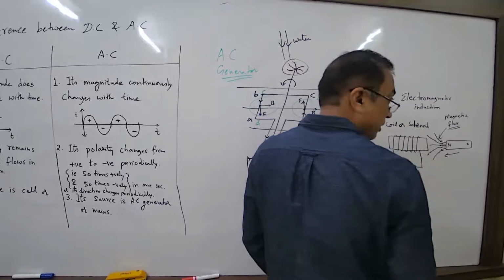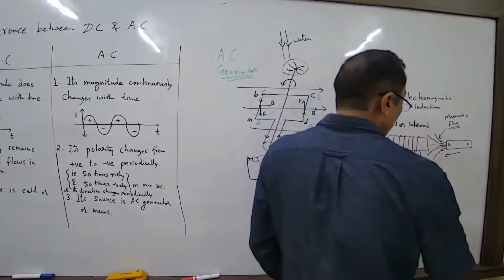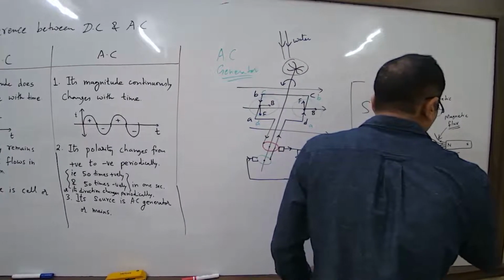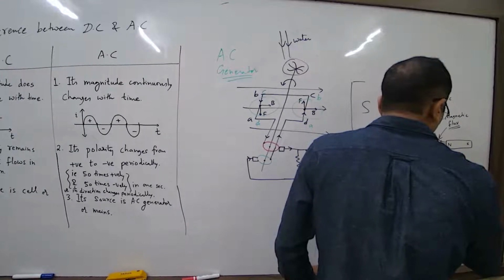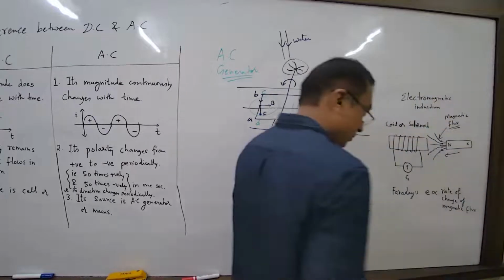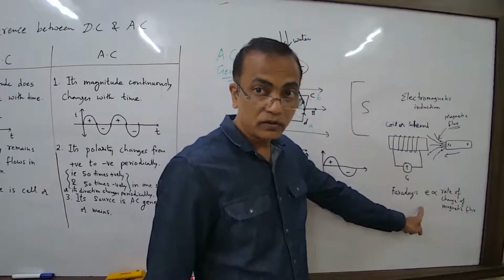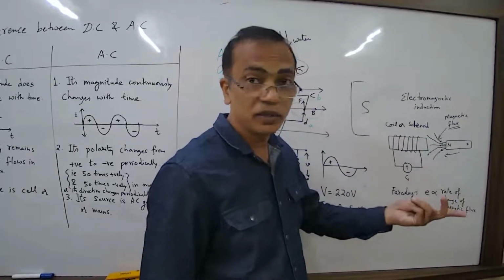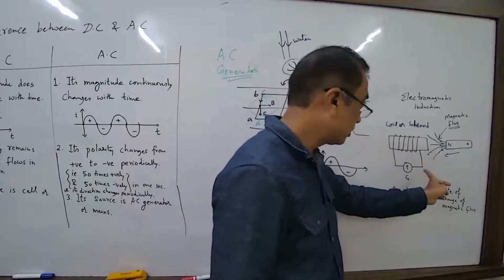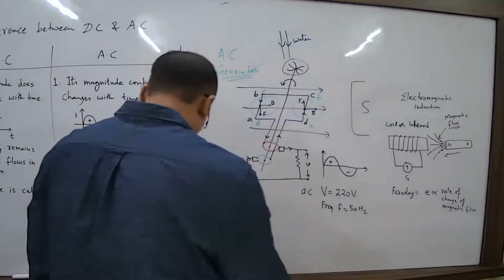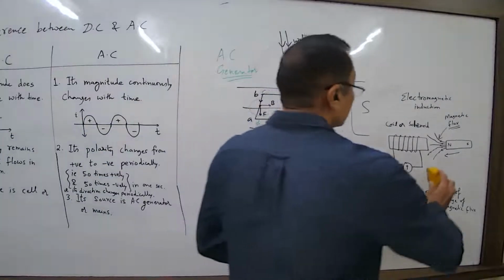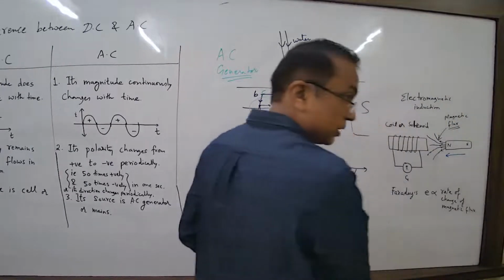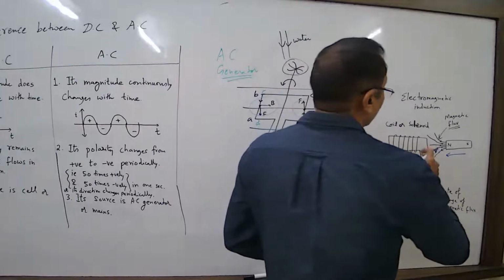फैराडेज लॉ क्या है कि ईएमएफ इज प्रोपोर्शनल टू रेट ऑफ चेंज ऑफ मैग्नेटिक फ्लक्स। ठीक है ना। करंट तो आ गया, लेकिन अब वो करंट कौन सी डायरेक्शन में आएगा? इधर से इधर जाएगा या उधर से इधर जाएगा? तो अब देखो, मैं अलग अलग कलर से उसका डायरेक्शन बना रहा हूं। समझो, ये इधर से इधर जा रहा है।